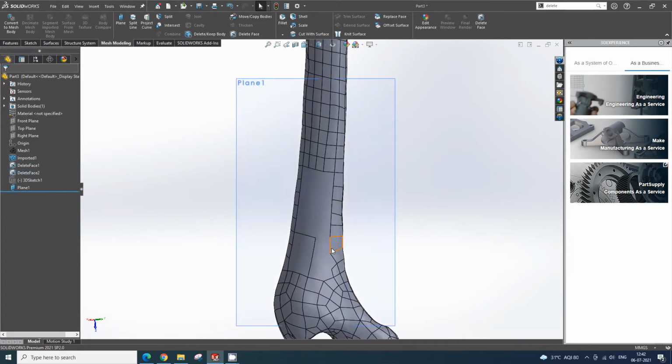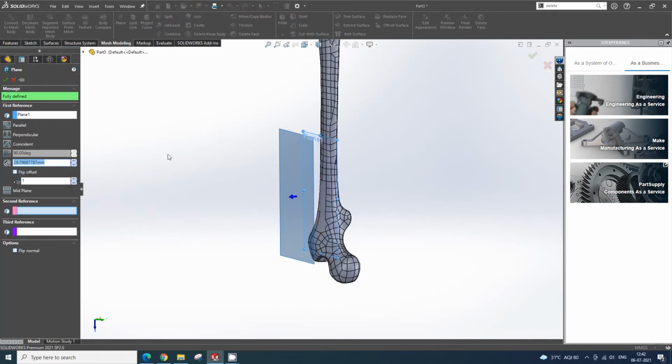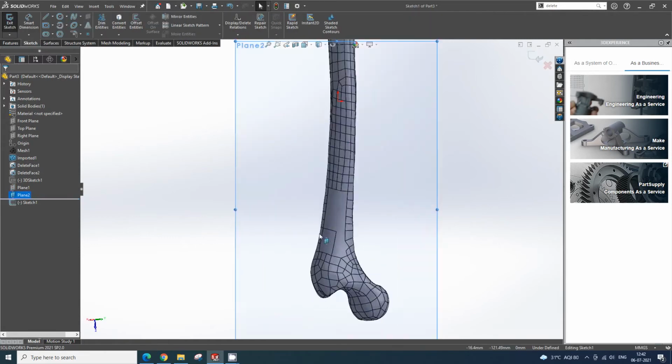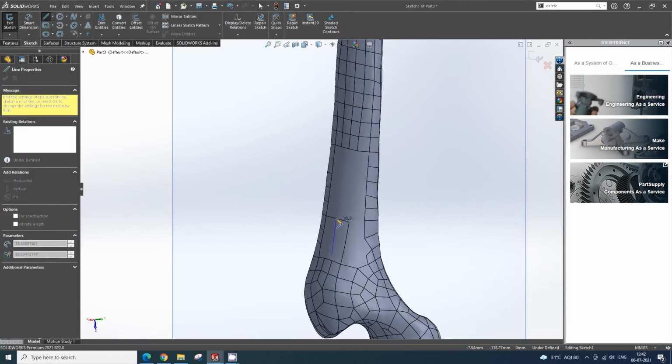So I'll just right click and create a plane which is parallel to the screen. This is an option, and I'll just create another plane and hide this plane. I've just created this plane for a reference sketch. So I'll quickly draw a sketch which will be the shape of the strap which fits directly on the bone.